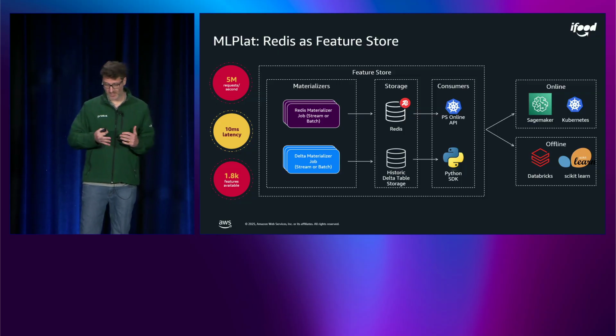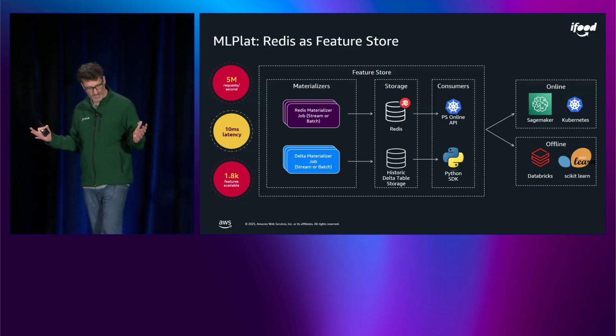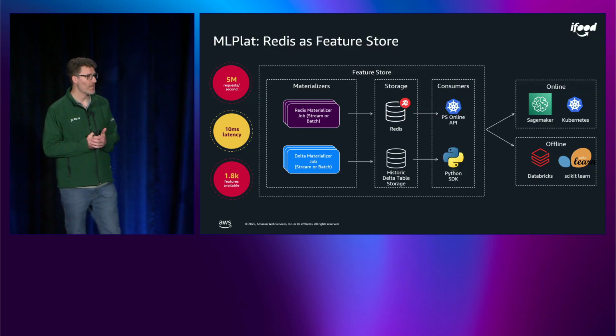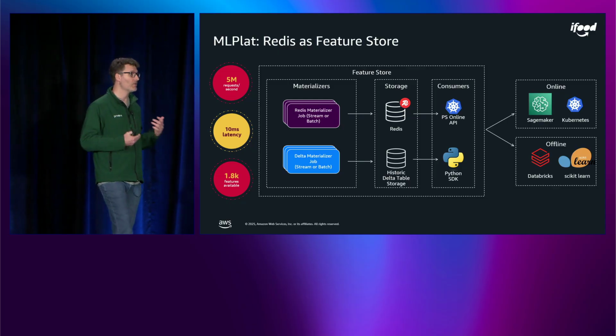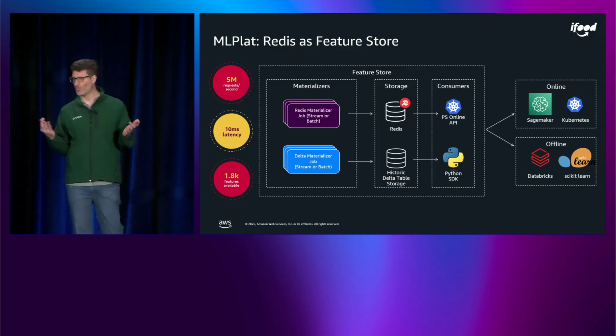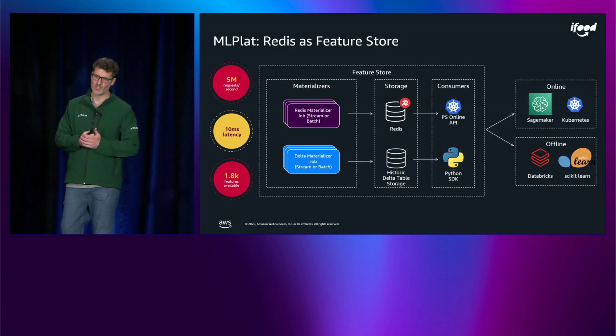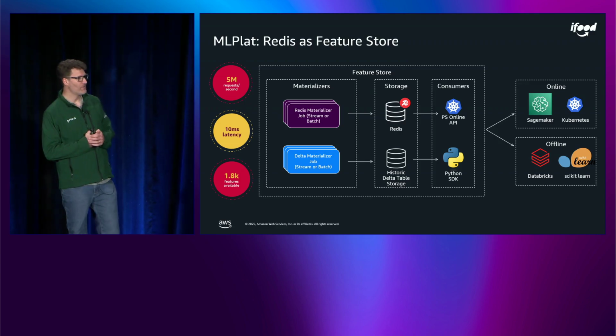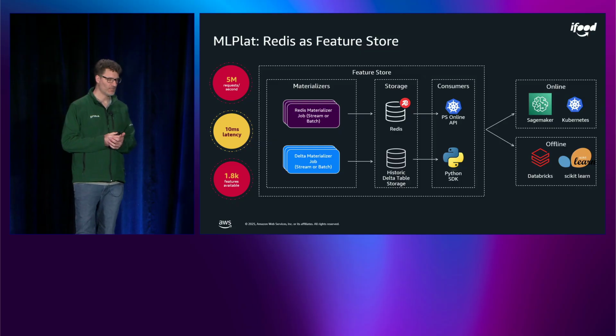So this is it. This platform also delivers more than 5 million requests per second, and this is because we use Redis. And we have almost 2,000 different features available there. This is it. I think we already